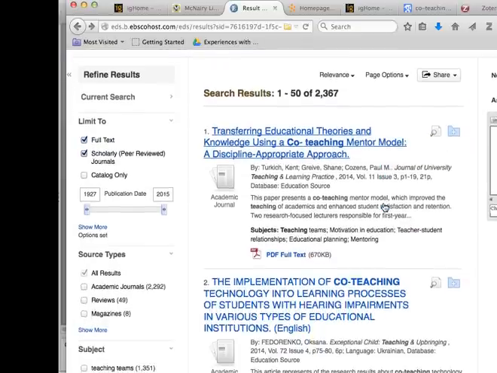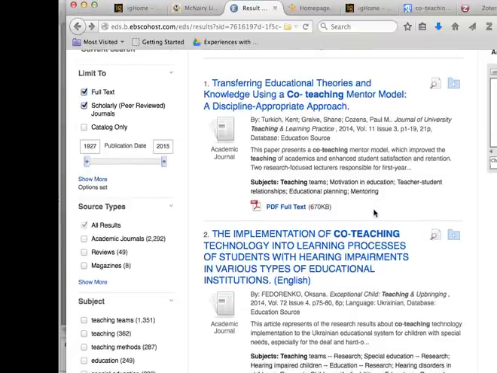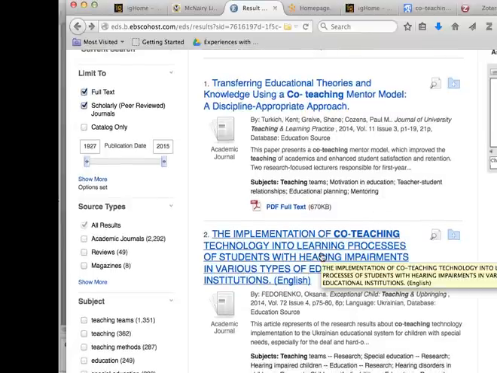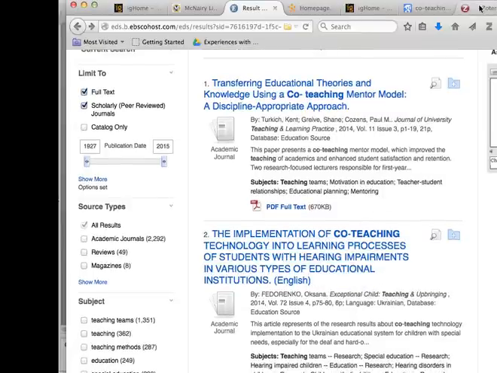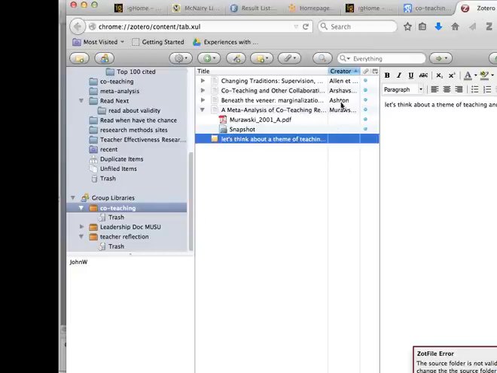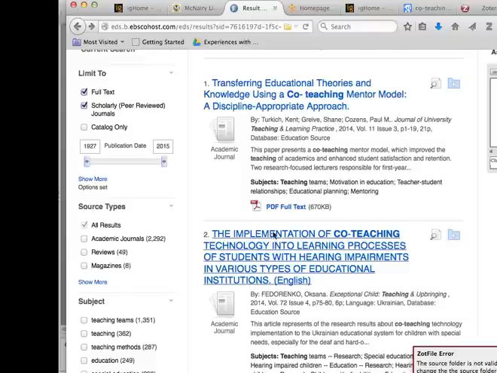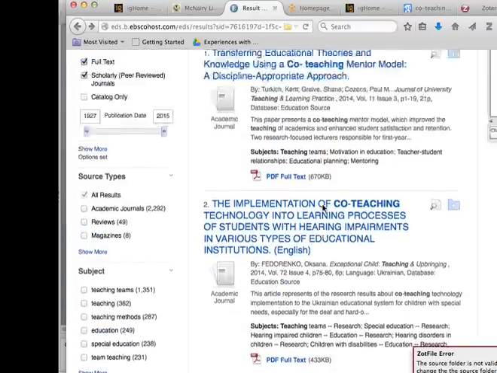I want to add one of these items to Zotero. Let's see here. The implementation of co-teaching technology into learning processes. Let's see if that's one I already have. No, it isn't. So let's see if I can add this one. All right. Now,